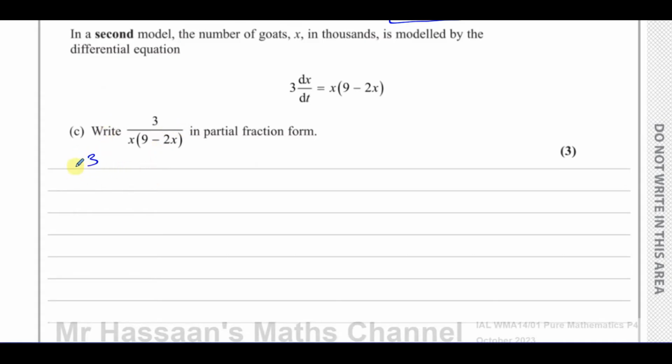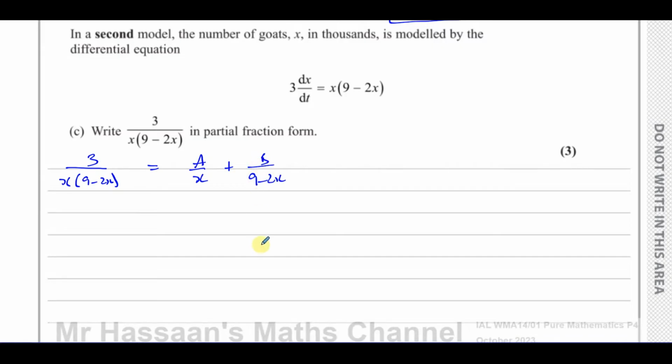So you've got 3 over x times 9 minus 2x. We want to rewrite this and split it into separate fractions. We have two linear factors in the denominator, so we can say that this is going to be a over x plus b over 9 minus 2x. This is not an improper fraction, since the numerator has an order less than the denominator. So you're going to end up with a constant over x plus another constant